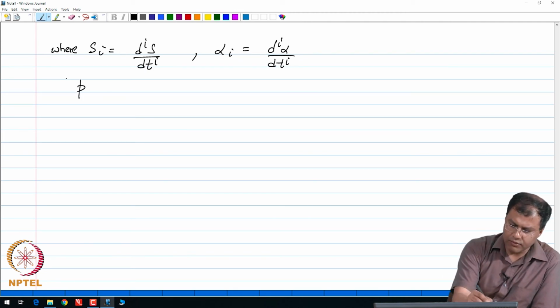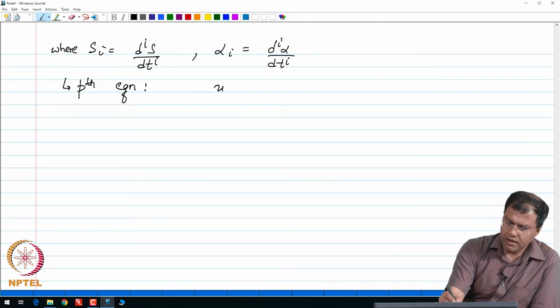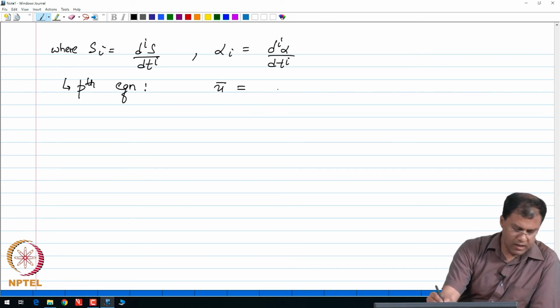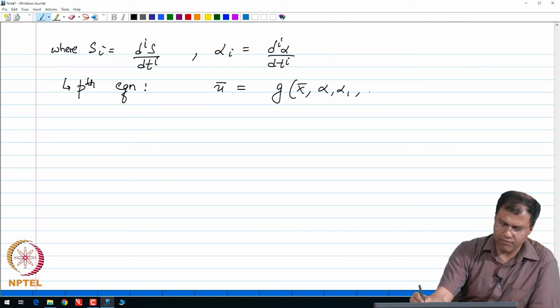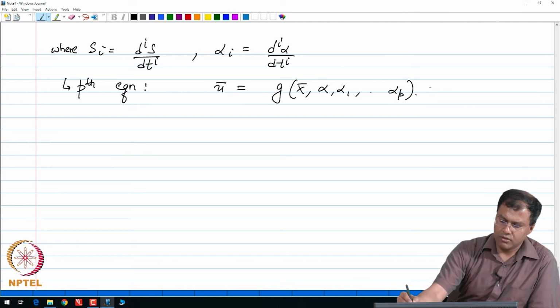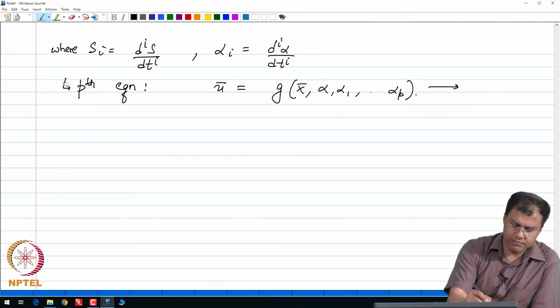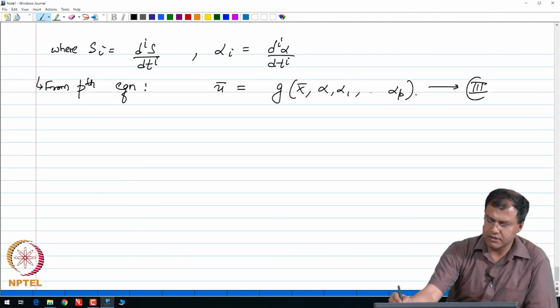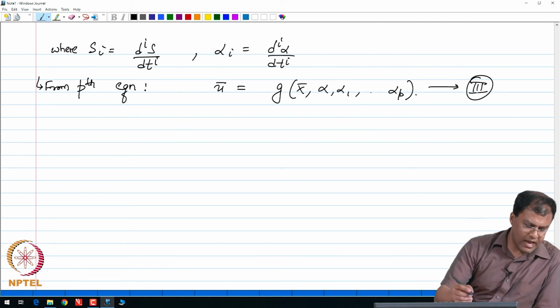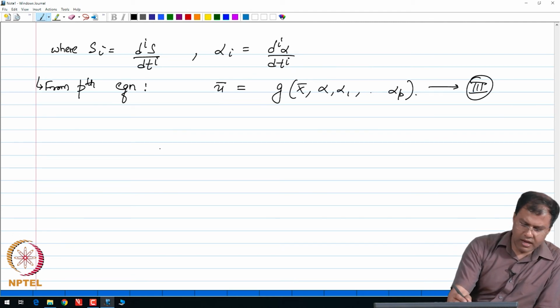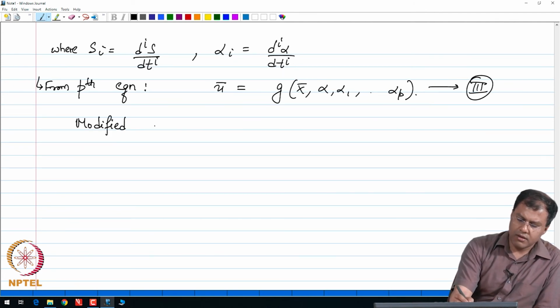So, the pth equation that I just derived gives me u, the control variable, explicitly as a function of all the other quantities that I have, alpha to alpha p, right. So, this is from my pth equation; let me call this condition number 3. So, that is how we find the control from the pth equation. So, we have to differentiate p times, which means our modified equation 1 prime,